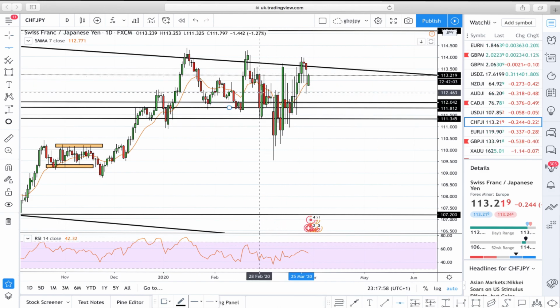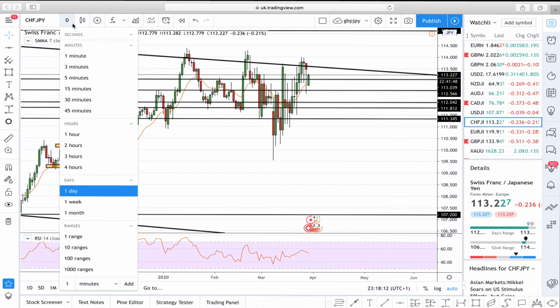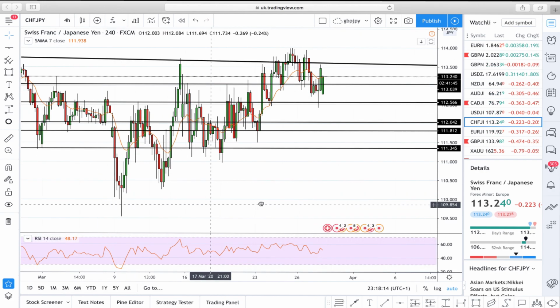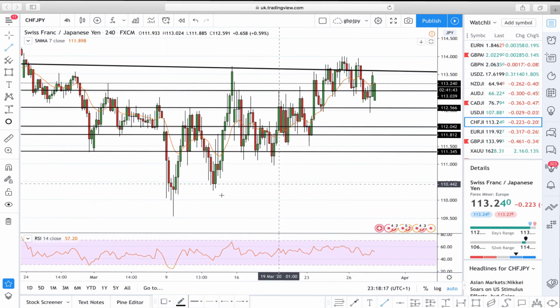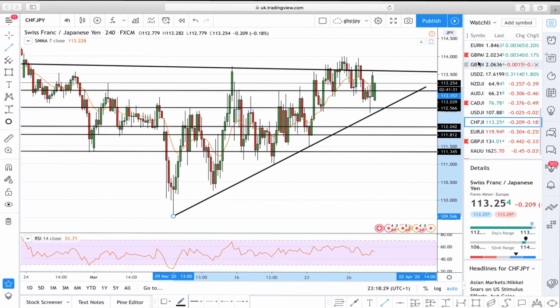From support, we want to look at resistance, which is there. Can we now see a line of support? Or we can roughly around the 113.039 level. Now what I can also see is a bit of a trend, a clear uptrend, may I say. Sometimes it's good just to go on this tool, and I can see this clear uptrend starting here on the 9th of March and now here. So the whole of March we've been in a slight uptrend. So if I draw this out for you guys, it should look something like